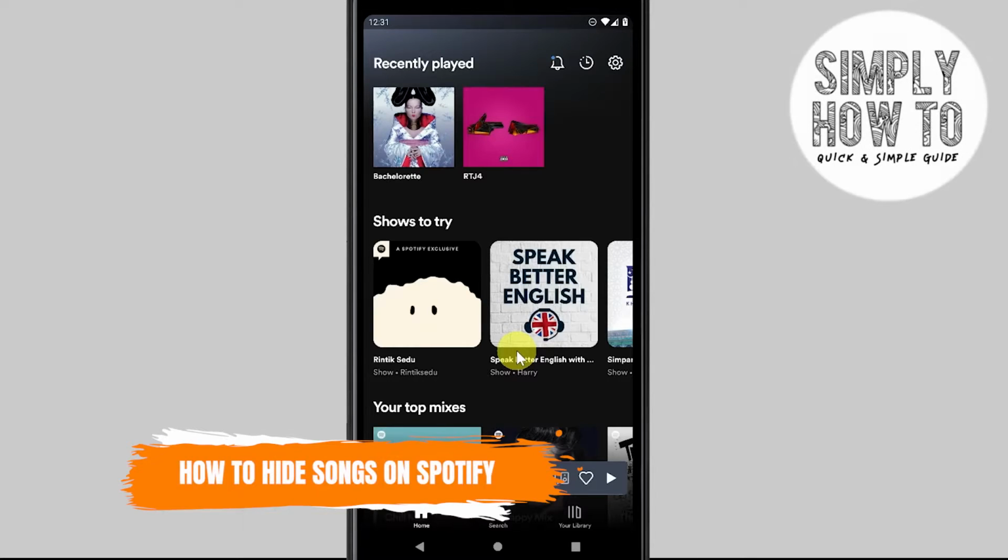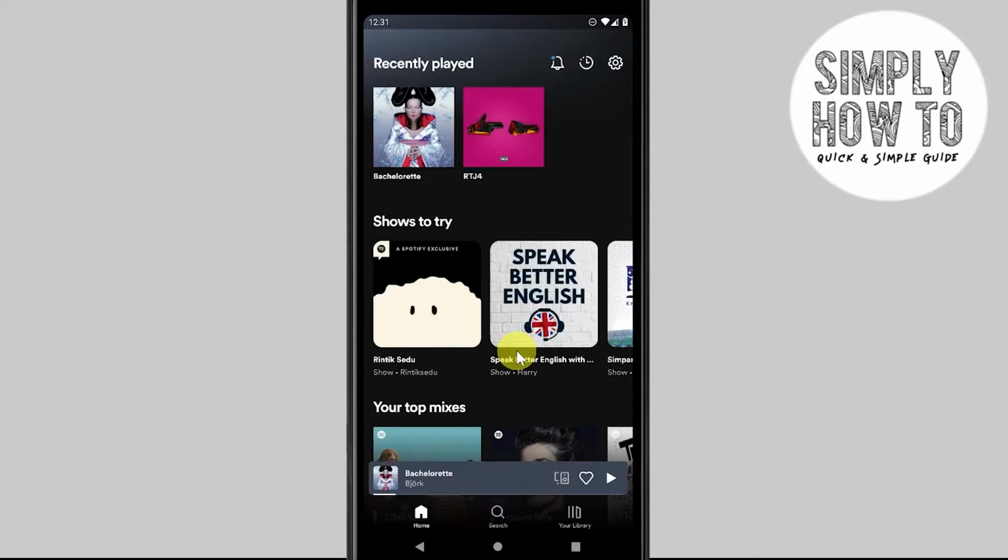How to hide songs on Spotify mobile application. I will do this tutorial on my Android phone, but you can always do so on any OS or any